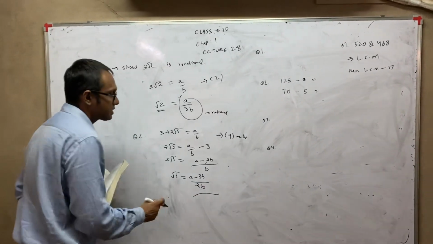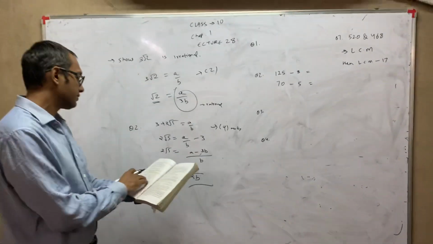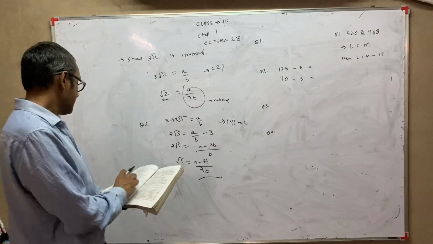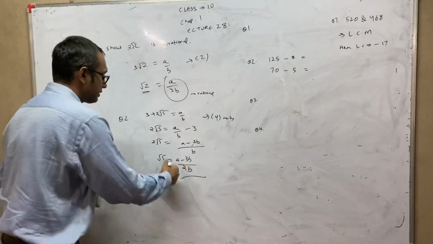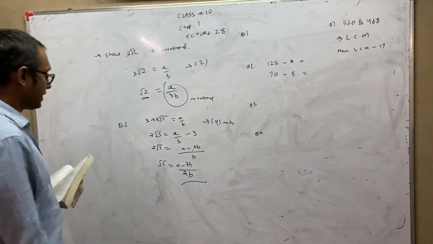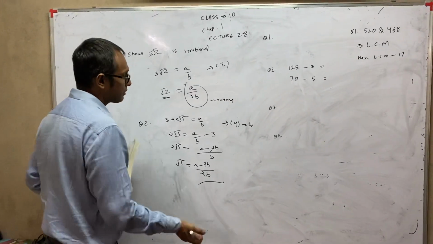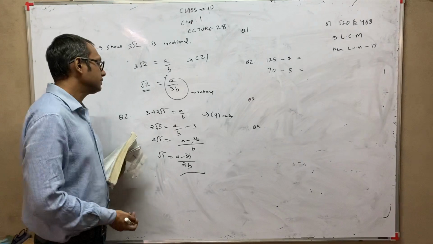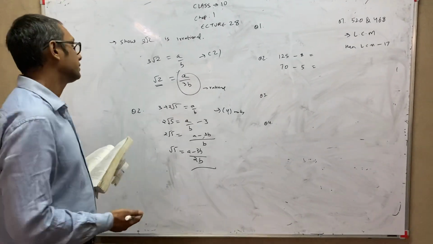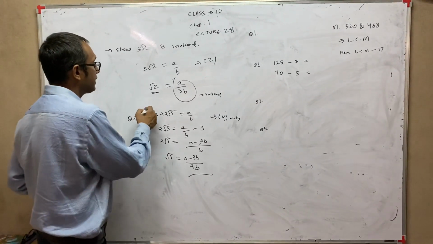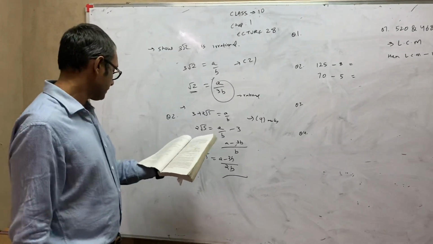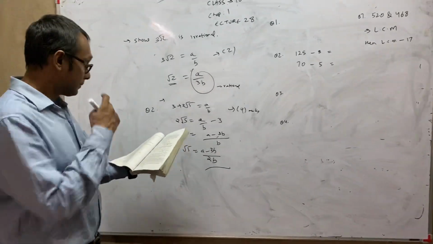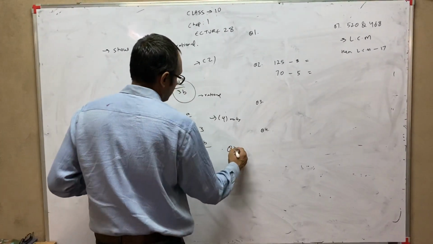And now again the same, exact same statements will come which are there on the board. Since a and b are integers, therefore this term is rational. But that means root 5 is rational. But this contradicts the fact that root 5 is irrational, and this has come because of incorrect assumption. First step, of course, you will write here. Let us assume that 3 plus 2 root 5 is rational. Now, similarly, question number 3.